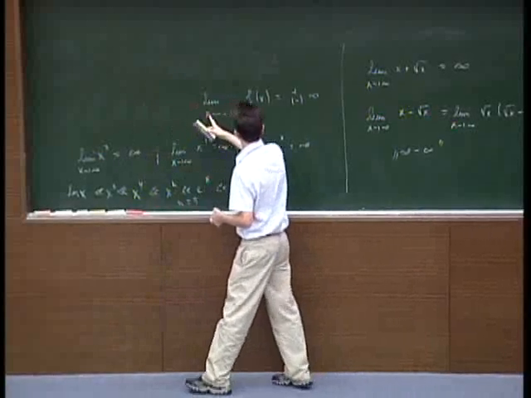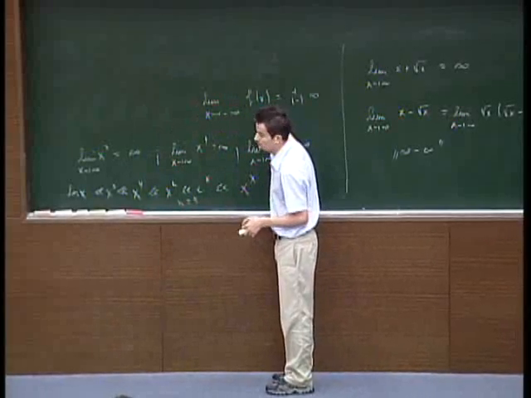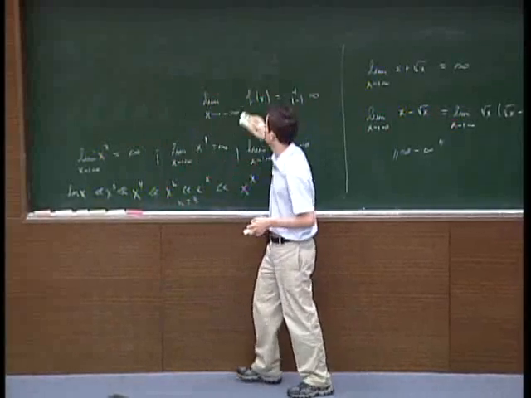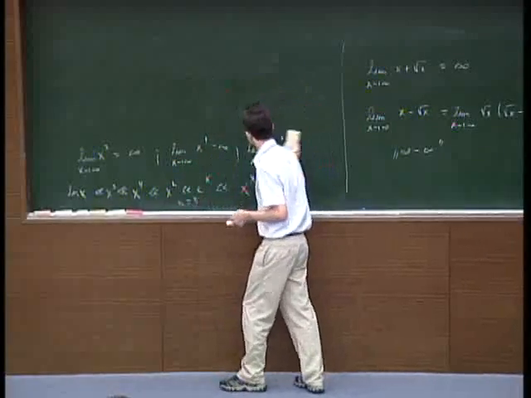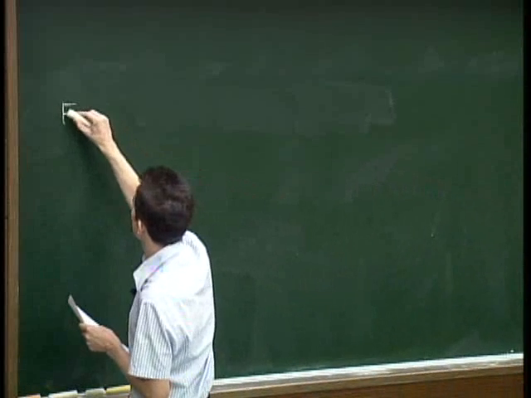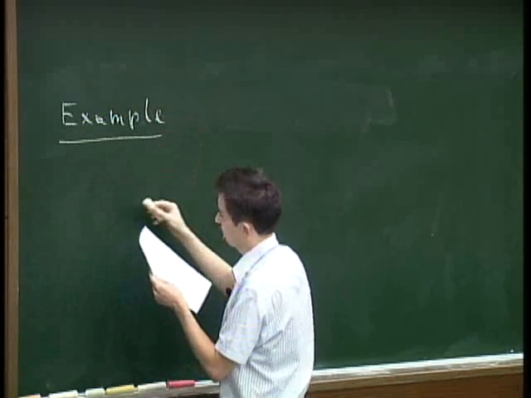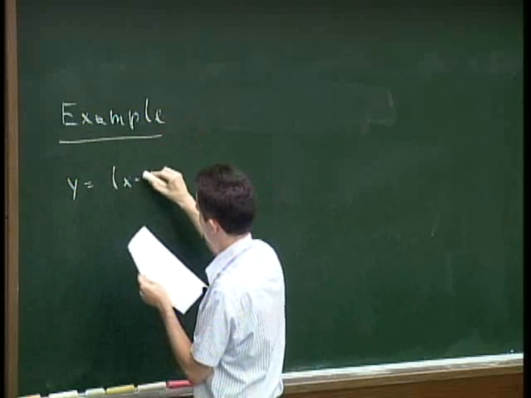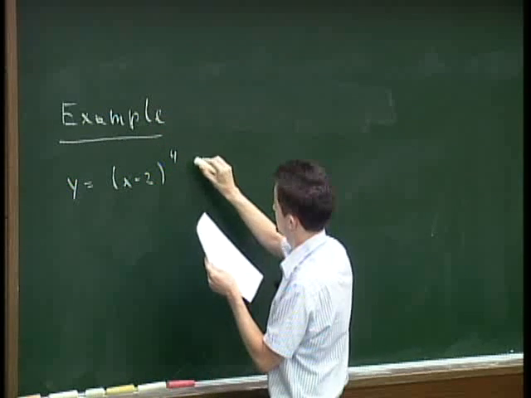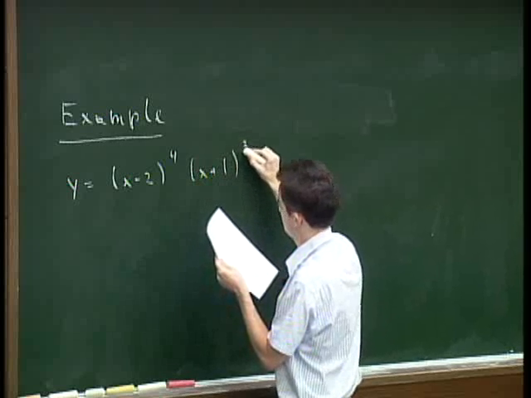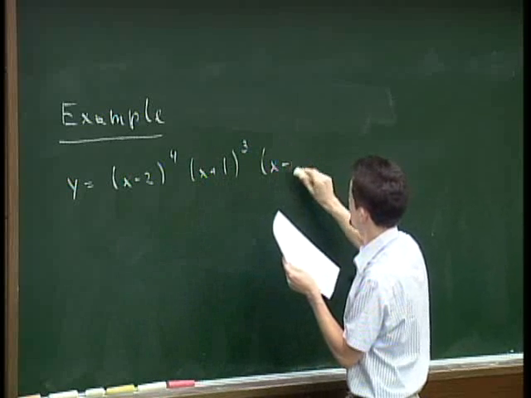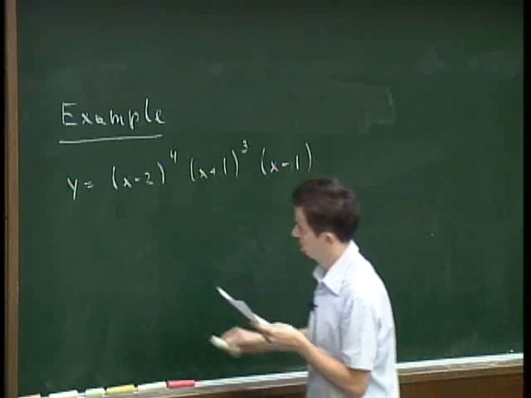You are invited to write out the precise definition of such symbols and to prove such limit relations using the precise definition. You can try it on your own. Now, there is one example in our textbook. Let's maybe just stick to this example. So you have given a function y is equal to x minus 2 to the fourth times x plus 1 to the cube times x minus 1. Now find